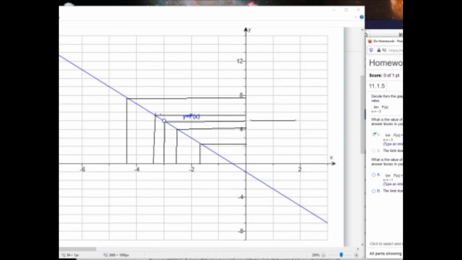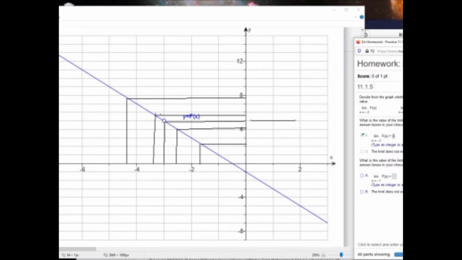And the next question they have here is for when it goes to -1. And -1 is going to be the same deal. So a linear function, the limit exists everywhere on linear functions. The limit actually exists everywhere on all polynomial functions. So the limit works just like function notation does when you have a function. In other words, putting in -1 will get you the same thing as doing the limit approach, where you have